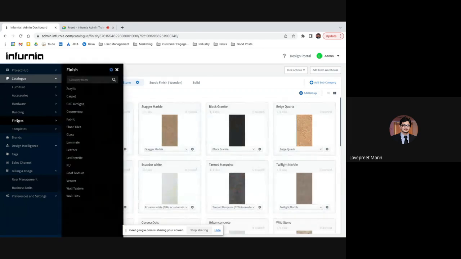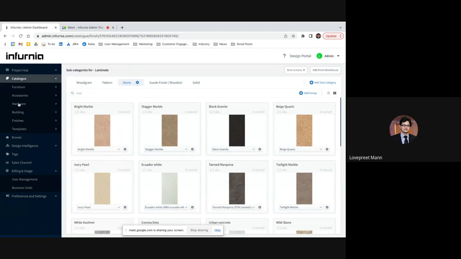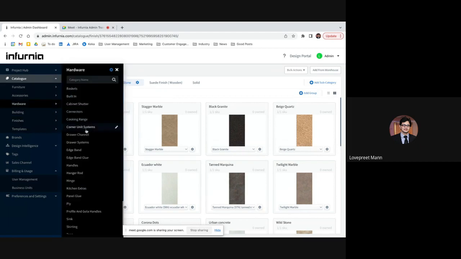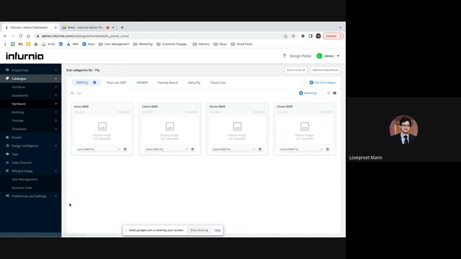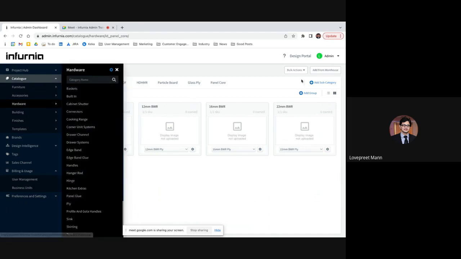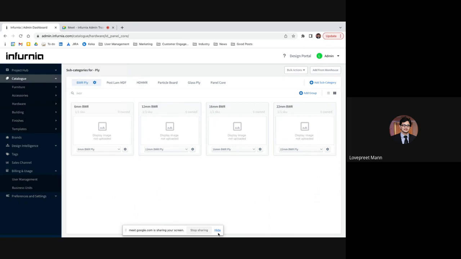Now, the next most important raw material is ply or core material. For that, again, you can go to hardware, you can go to ply. Again, if you can't see ply over there, you can go to add from warehouse and add it. Okay. So here in this,